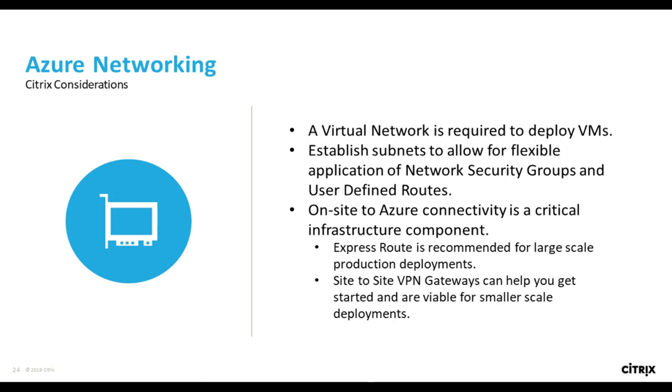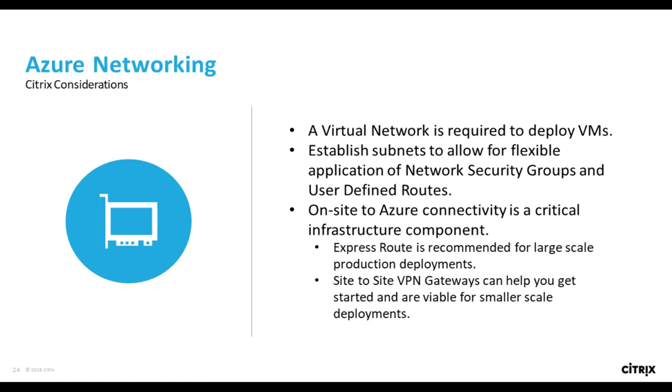Thinking of Azure's parameters around network security groups, user-defined routes, a lot of that is done within the subnet level. So setting up your Citrix subnets, let's say, for example, by use case, is going to drive a lot more flexibility in the long term when it comes to being able to adapt to changes in network security or adapt